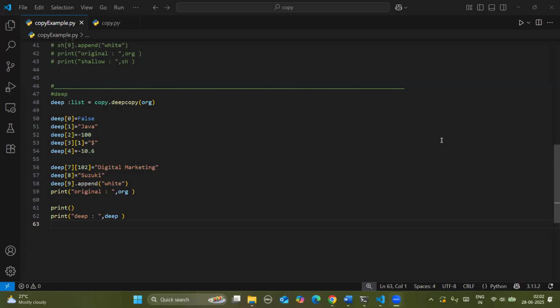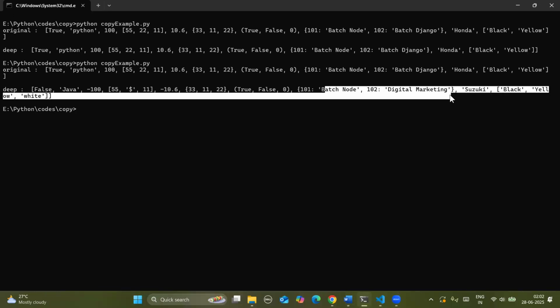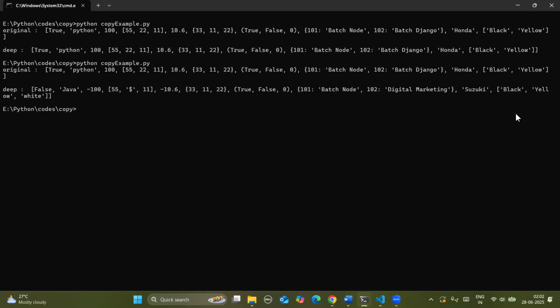So again, let's sum up what deep copy and shallow copy means. In case of deep copy, deep copy creates a completely independent copy of the original object, including all the nested elements. Nested elements means the nested list, and then the dictionary or the list contained inside an object. Those are the nested elements. Changes made to the deep copy, which is over here, do not affect the original list. But